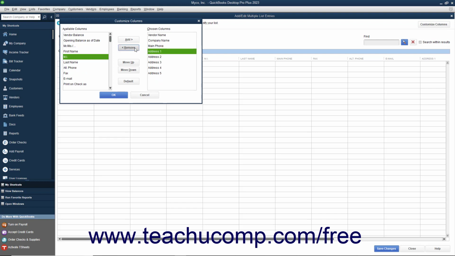To reorganize their display, select the name of a column shown in the Chosen Columns list, and then click the Move Up or Move Down buttons to move the selected fields up or down in the list. The order in which they are displayed from top to bottom in the Chosen Columns list is the order in which they will be displayed from left to right in the window after you click the OK button to approve